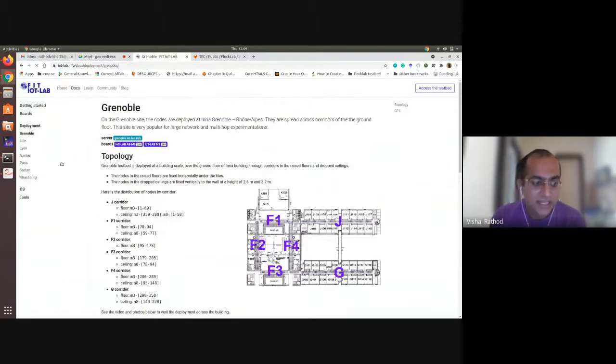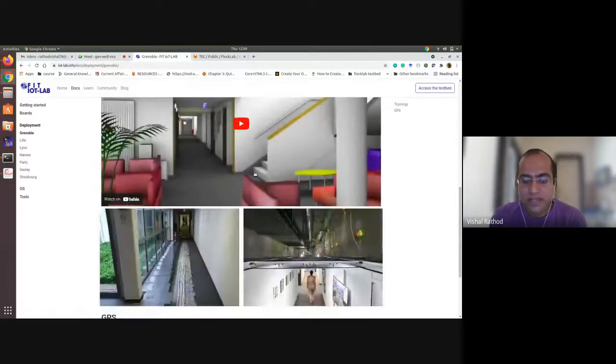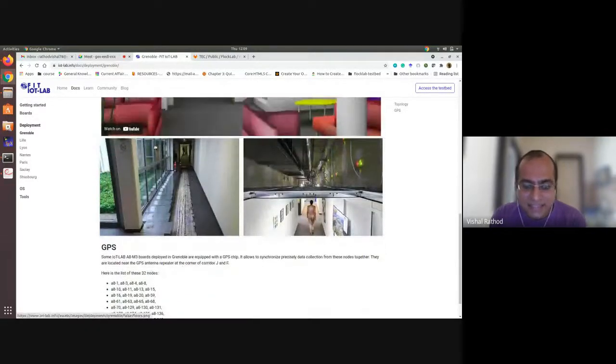I will go to the deployment. So this is the deployment scenario. This is an existing premises or office. Below the floor, they deployed the cables and all the things, even the sensors.